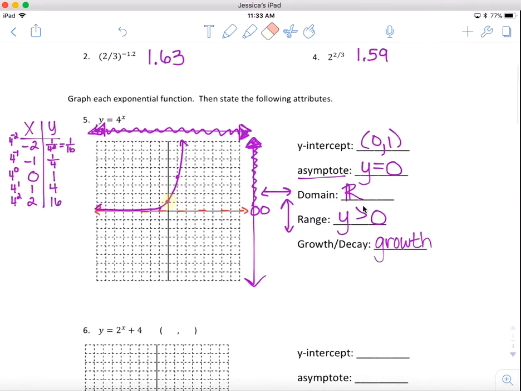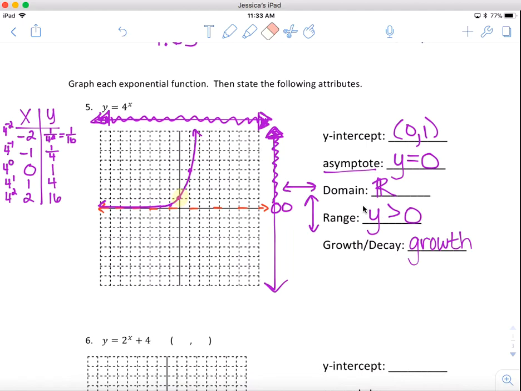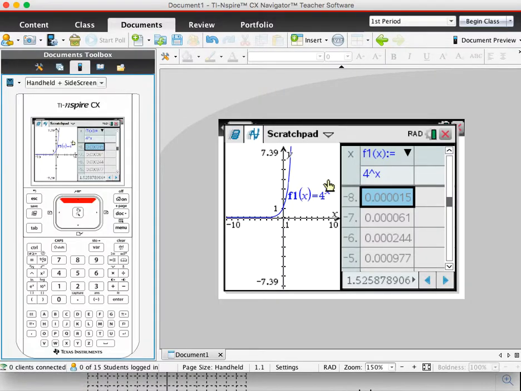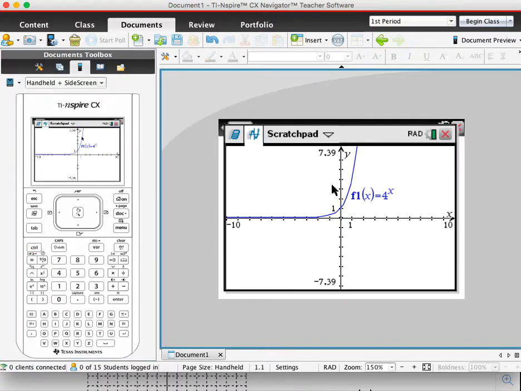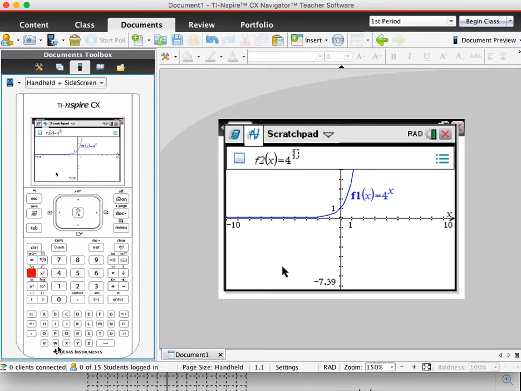Now, before we move on, I want to talk about transformations for a second, because the transformations for exponential graphs are very similar to the transformations on our quadratic functions. So let's play with our calculator for a second. Let's get rid of the table, hit Control T, and I want to compare a couple graphs to 4 to the x. So starting with, if you double click, I want to first type in 4 to the x